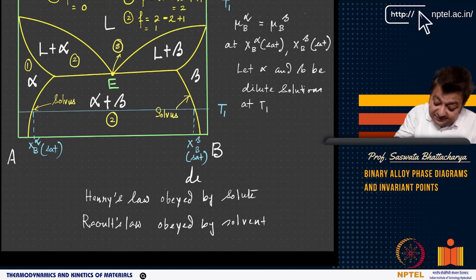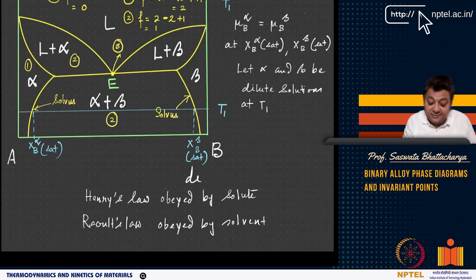In this case, for example, if I take a composition like this, here you will have the first beta, and as you go below, you will have the liquid composition changing and the beta composition changing, right? The solid that you are forming is becoming slightly poorer in B, more enriched in A, right? From the point of view of beta, B is the solid. Now we look at a phase diagram. Now look at a problem here, the problem of phase equilibrium, right?